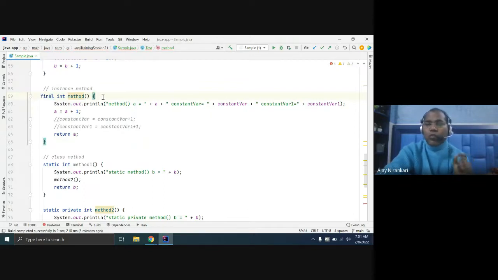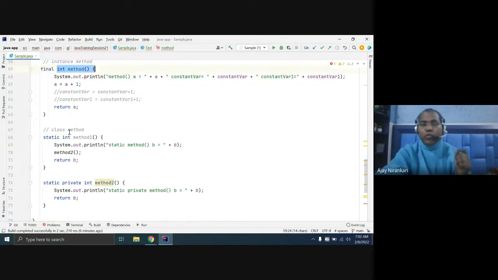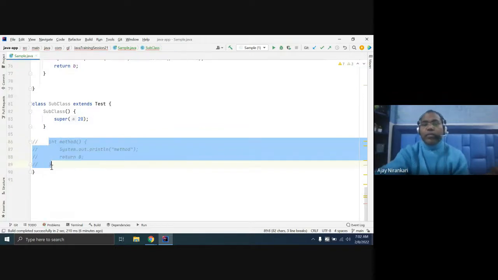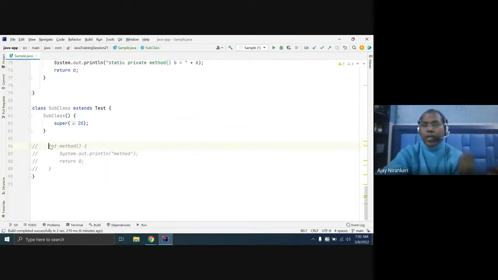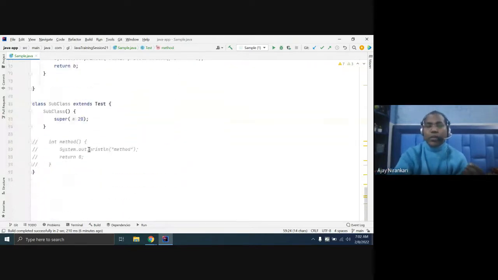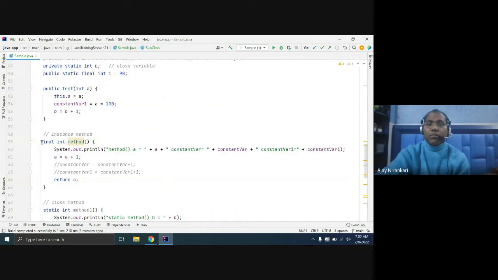So is it clear? Whenever you are putting the final keyword in front of a method, that means you want that no subclass can define the same method, because I want a restriction, right? So you can use the final keyword. So here you have no option to override the method. You cannot override means, as discussed, you are defining the same signature method inside a subclass. You have the option, but this option can be prevented when you are writing final.